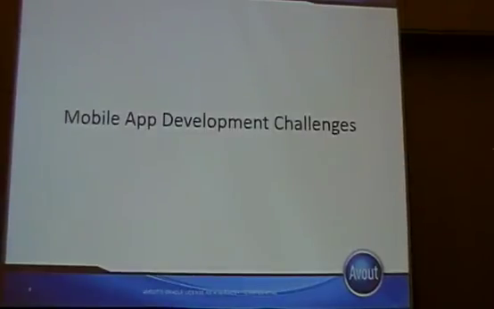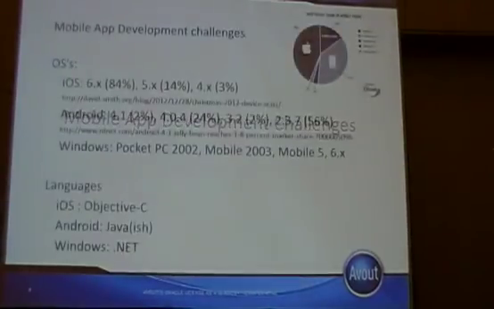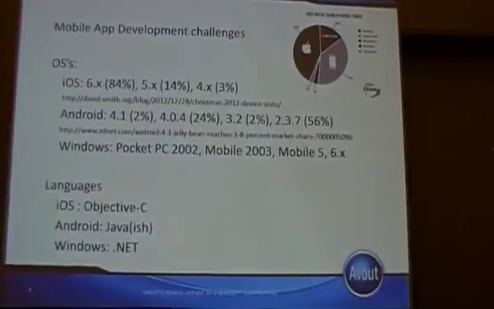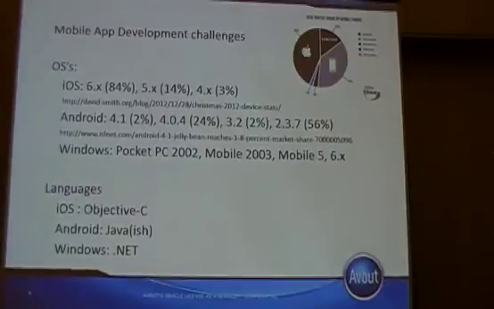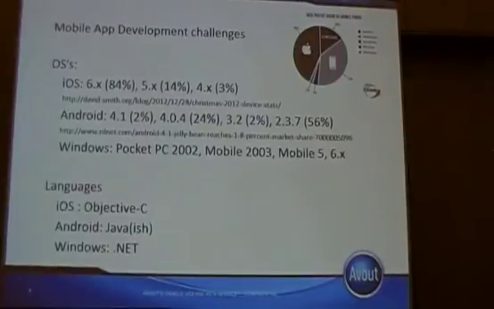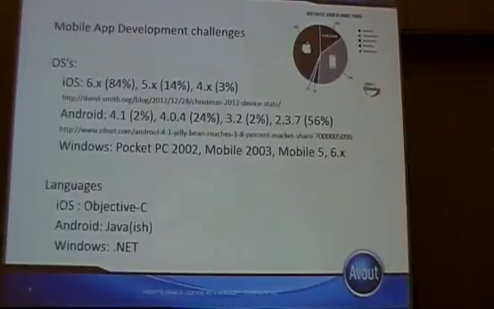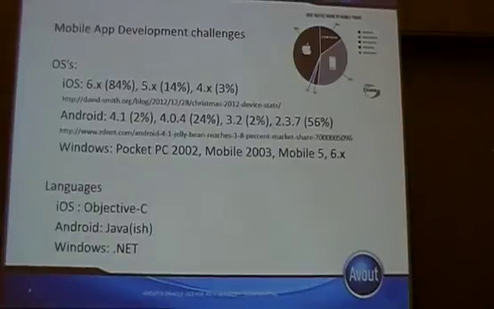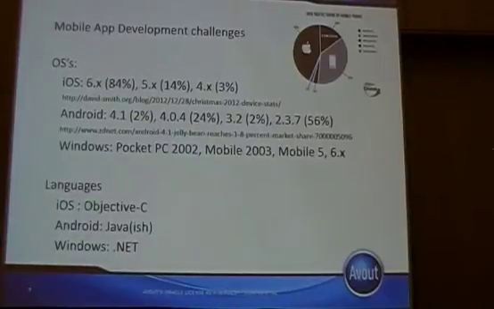So what are the challenges that go along with developing mobile applications? Well, you have different versions of operating systems, right? Apple is pretty good about getting everybody upgraded, and obviously they control the entire infrastructure. They can control the hardware, they control the operating system and everything like that. So these statistics were taken about 3 months ago, and most people are on some version of iOS 6. Some people are on 5, some people are on 4. So if you're developing for the iOS platform and you want to target a specific operating system, it's relatively easy,